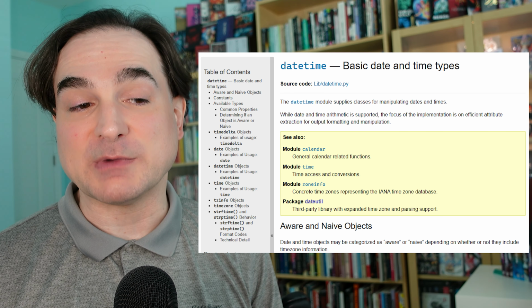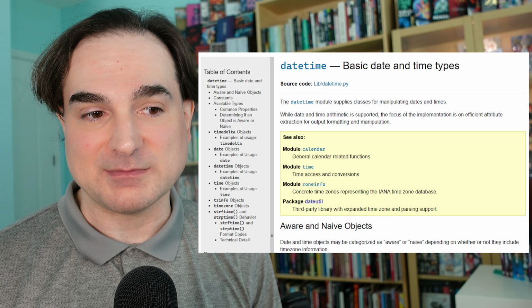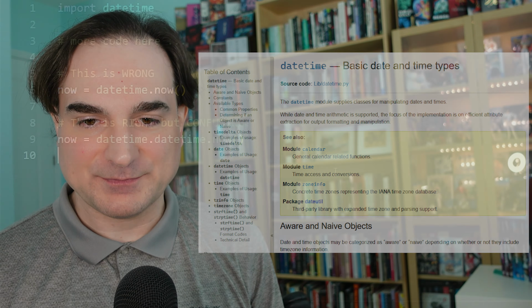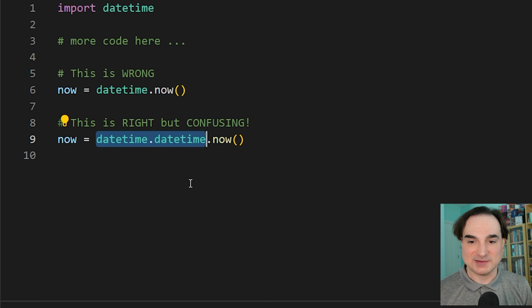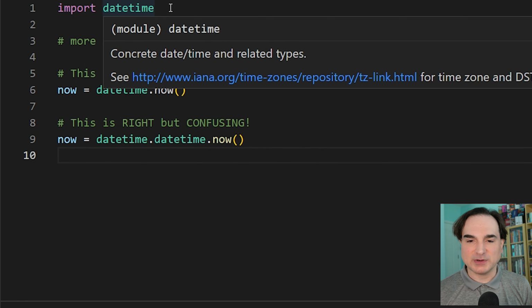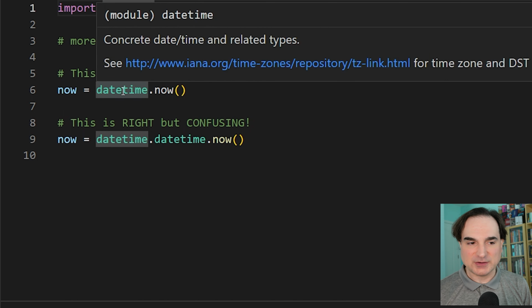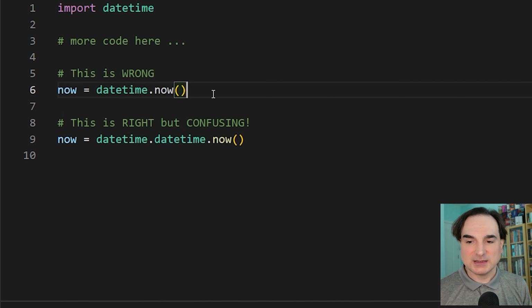And the first thing you might find confusing about datetime is its namespacing. It's also the name of one of the data types that it provides, which is namespaced as, get this, datetime.datetime. Now this can be deeply confusing, especially to beginners, because if you say import datetime in your code, and then you refer just to datetime later on, it isn't always obvious at a glance if you're talking about datetime the library or datetime the data type.